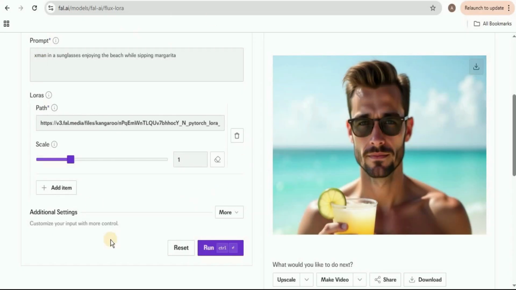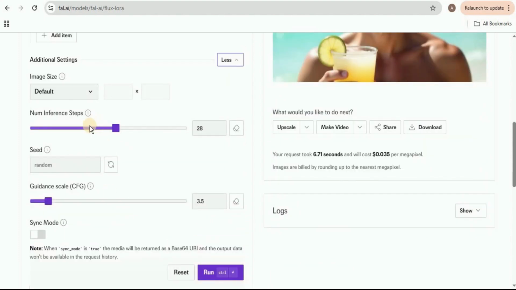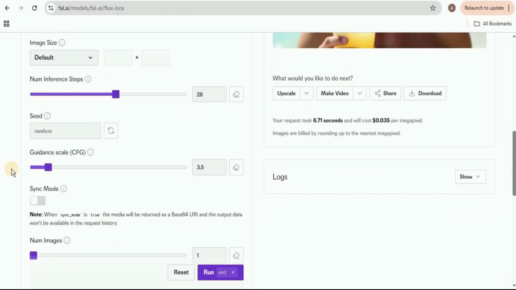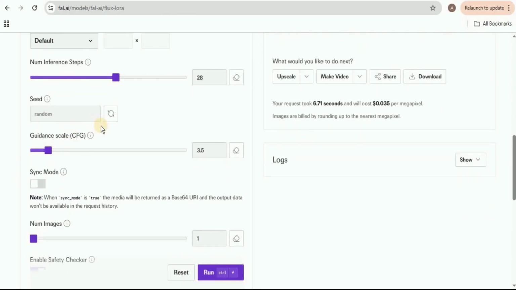Now I simply have to provide the prompt using this trigger phrase and the model is going to generate the image for me. And here you can see that you can also customize how the model generates the images using a few additional settings. The number of inference steps means in how many steps the inference should be performed. Then we have the seed. The same seed and the same prompt given to the same version of the model will output the same image every time. So if you select the seed to be random, then it is going to generate the image randomly each time. But if you provide the same seed and the same prompt to the same model every time, it is going to provide the same image.